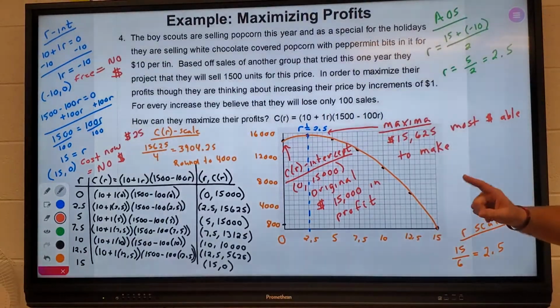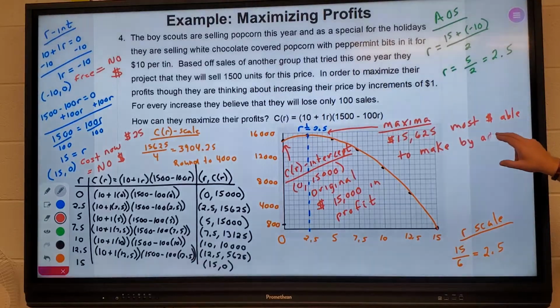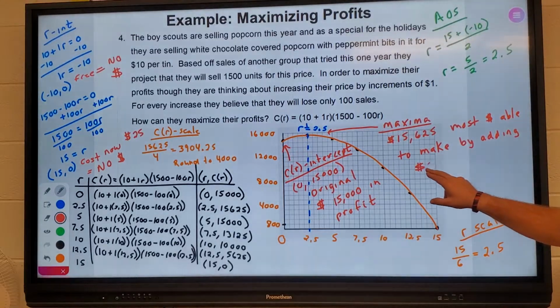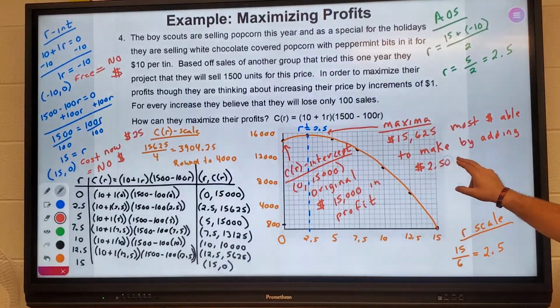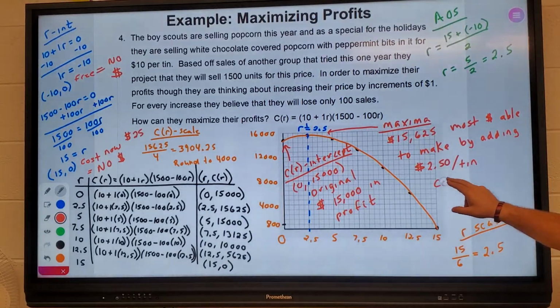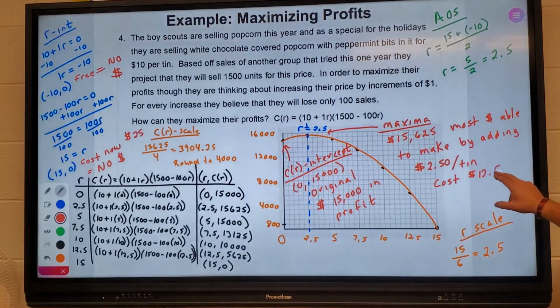Okay, and that's with a cost shift. We have 2.5 increments of $1, which means that I have $2.50 per tin. Okay, so now the cost is at $12.50 per tin. Okay, with problems like this, what I want you to start thinking about at the end, especially with these things, is